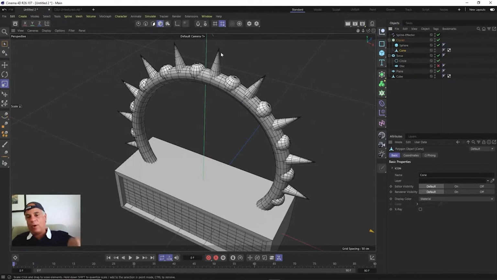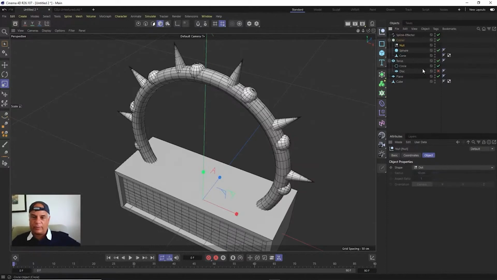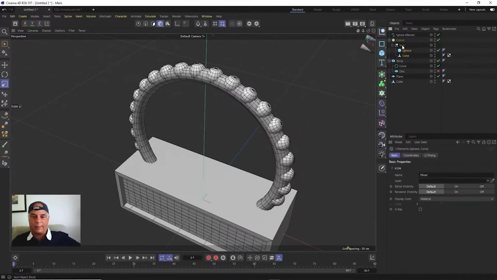But I don't really want that. So I'm going to create a null object, drag that in the cloner, and put both of these things inside the null object. And then what's happening